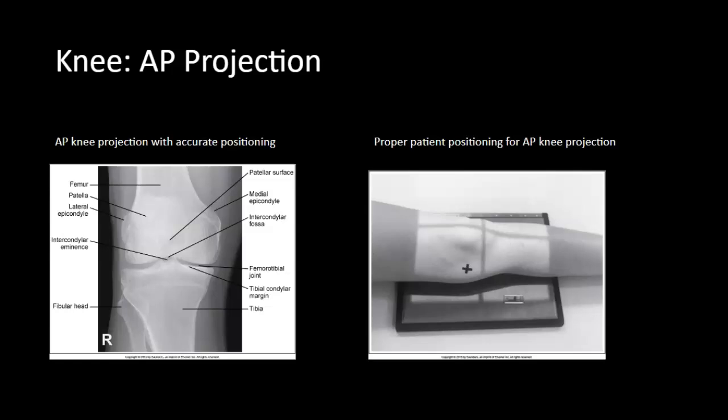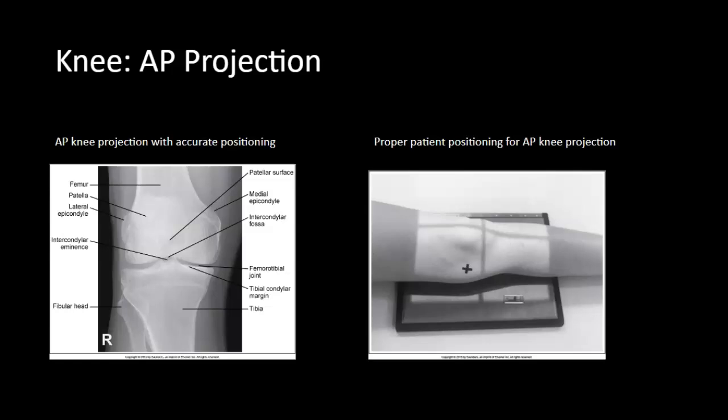Welcome to the image analysis on the knee. We're going to start with the AP projection. For the AP knee projection, image analysis guidelines state that the femoral epicondyles are in profile and the femoral condyles